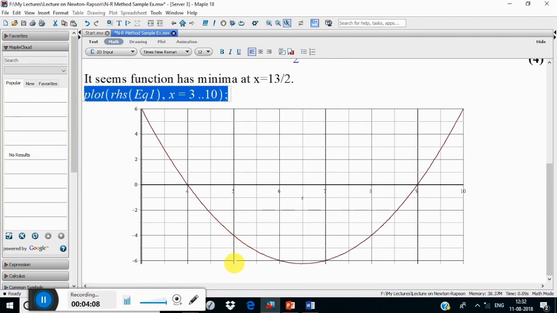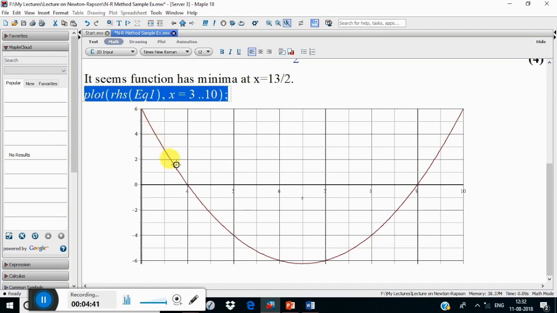This graphical output shows that the first intercept occurs at x equal to 4, and it has a minimum at 6.5, that is 13 by 2, and then again it hits the x-axis at 9. Now friends, if we start with an arbitrary starting point 0, it will go on iterating closer,